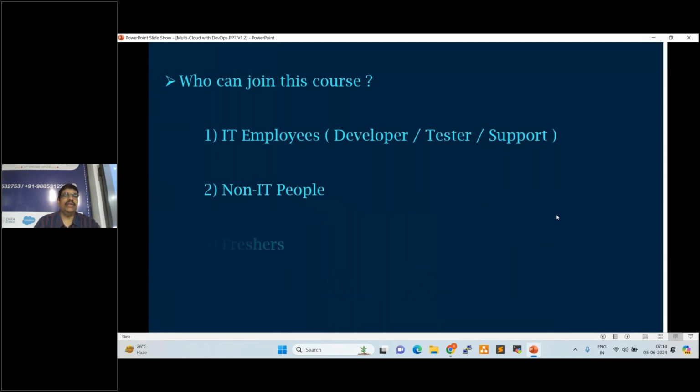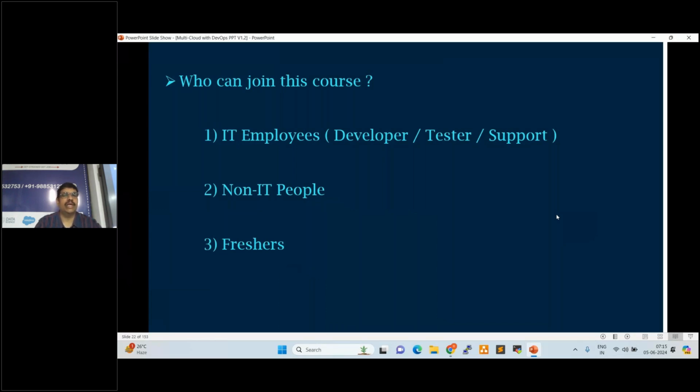Next one, freshers, like 2024 pass outs, 2023 pass outs, 2022 pass outs. Even 2021 pass outs are switching directly to DevOps and cloud roles. Freshers have currently started. Recession is going on, not only for DevOps and cloud but in every technology, but currently freshers have some openings.